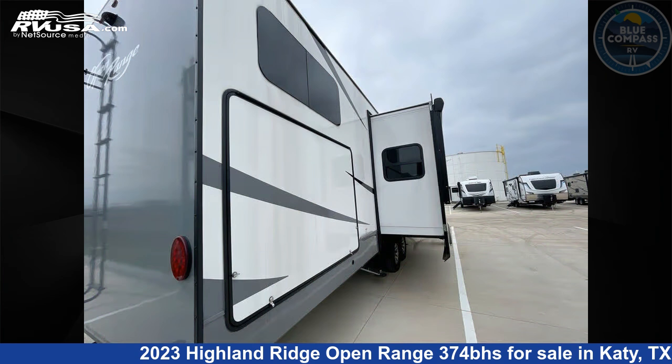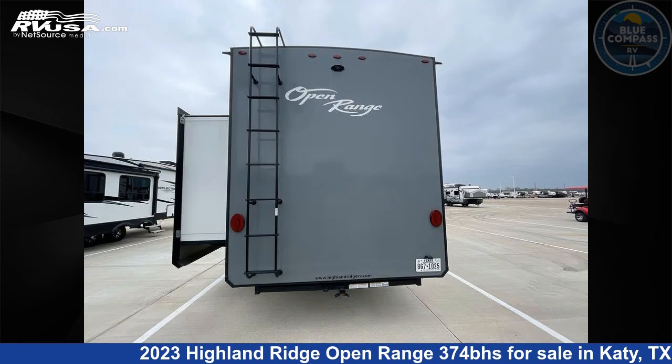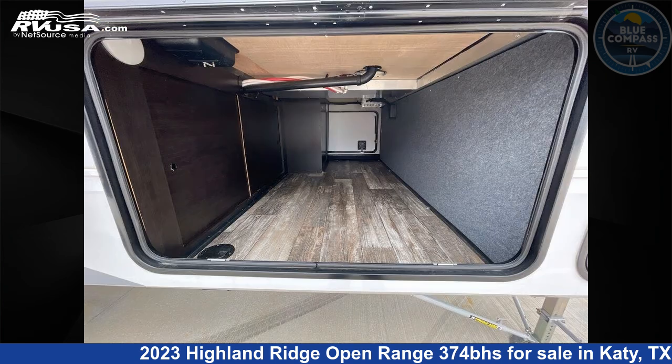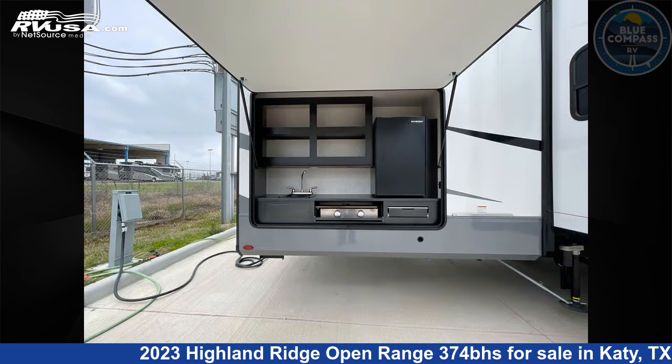This used Highland Ridge is 41 feet 0 inches in length and features sleeps 7, slide-out, and 75 gallons fresh water capacity. The floor plan layout of this fifth wheel features bath and a half, bunkhouse, front bedroom, kitchen island,